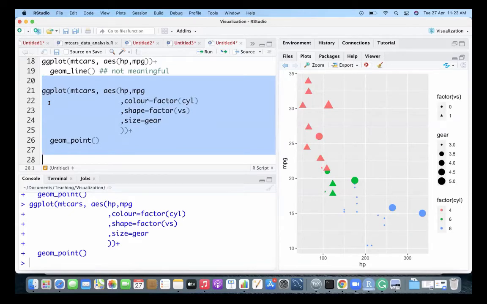So now you can see how many variables there are. 5 variables: horsepower, miles per gallon, number of cylinders, number of gears, and the V-shape factor.